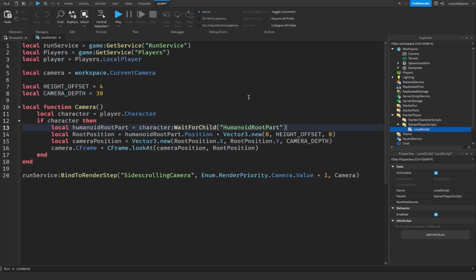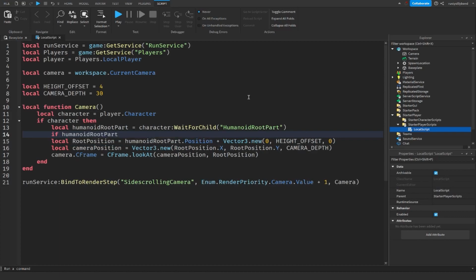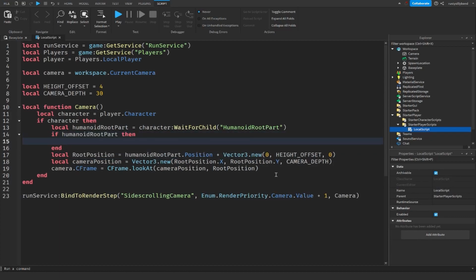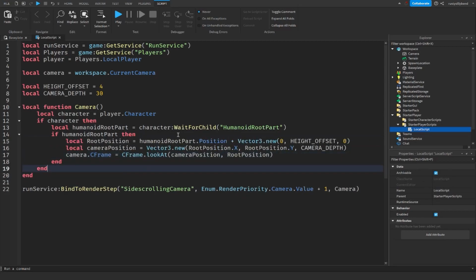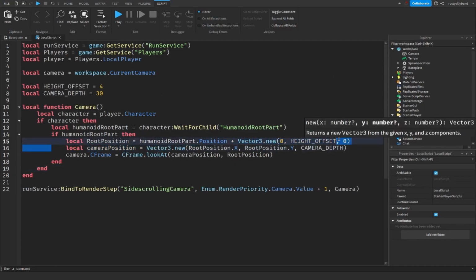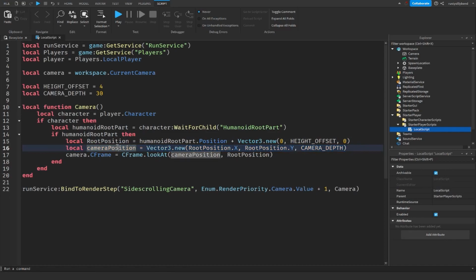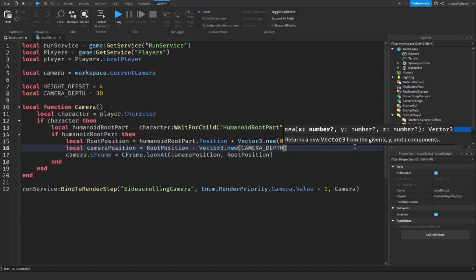I'm just going to add an extra check right here. If it is our humanoid root part, then we can go ahead and do this to make sure that the character is constantly loaded in, and we can just cut all this and paste it right into here. Now the few changes that we're going to make are going to basically just revolve around line 16 or this line right here. So our local camera position, instead of equaling to vector3.new with all these axes and everything inside of there, we're basically going to take our root position plus vector3.new,